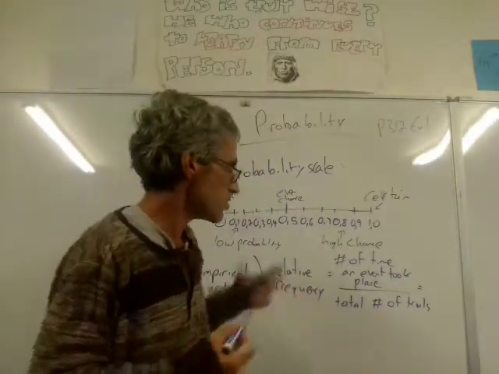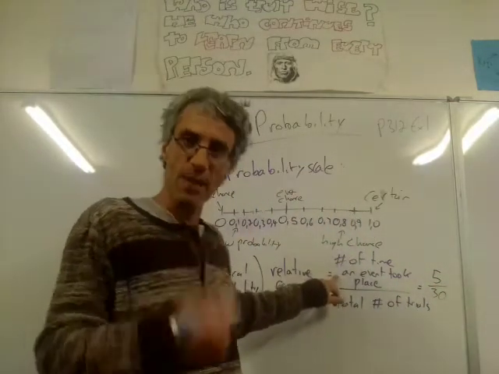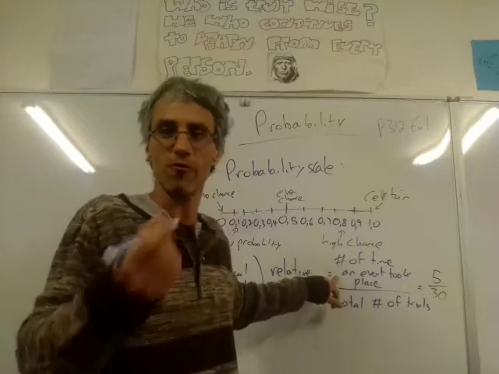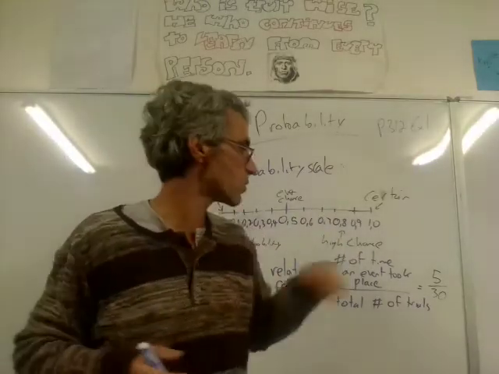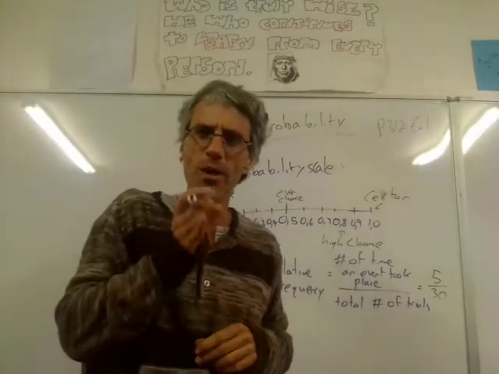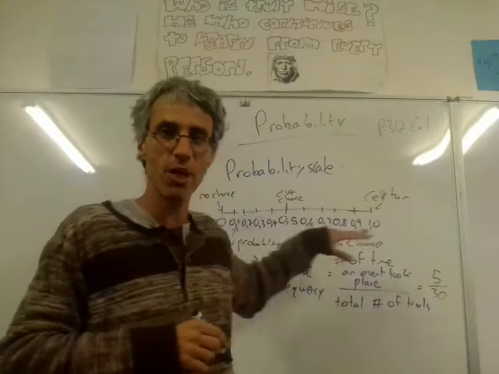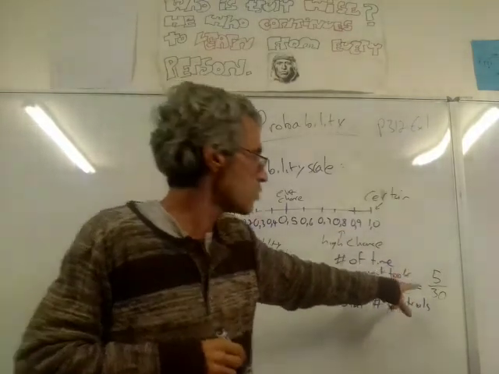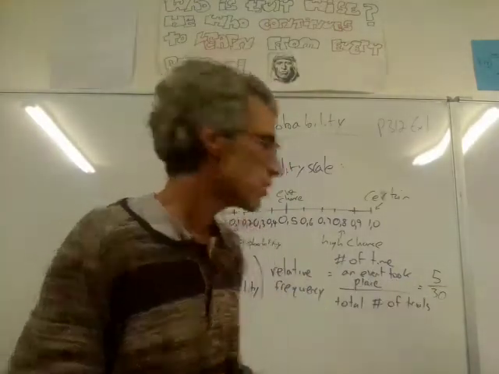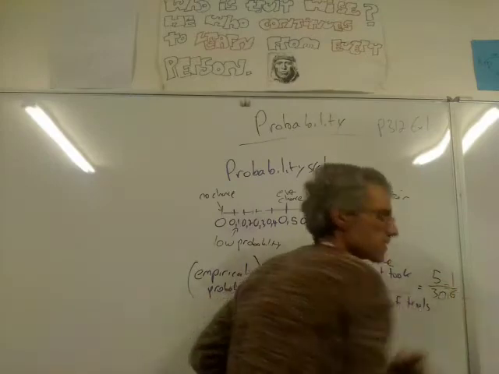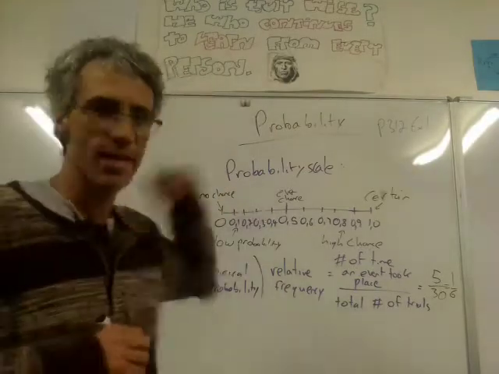The probability will be, as you would probably guess correctly, 5 over 30. It's the number of times the event took place, the number of rainy days, 5 days, out of the total number of trials, out of a total of 30. So it will be 5 out of 30. When we write down a probability, we can use decimal numbers or a fraction. It's absolutely right to write a fraction, but don't leave it as 5 over 30, simplify it. So 5 over 30 is 1 over 6. So we've learned about the probability scale and the relative frequency.